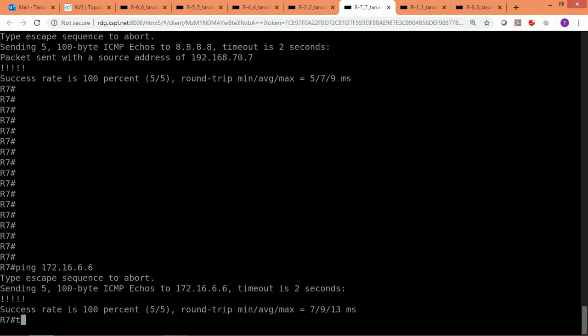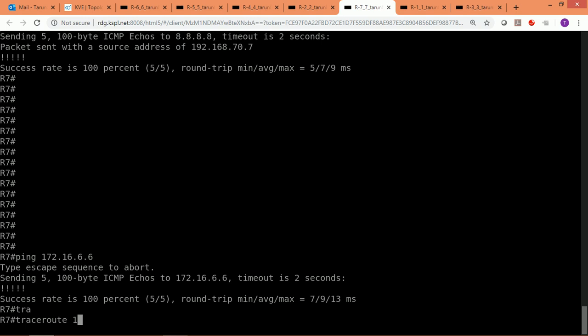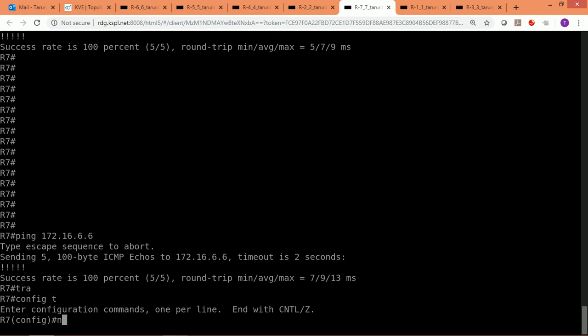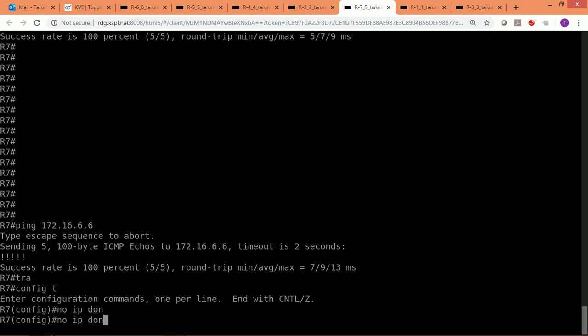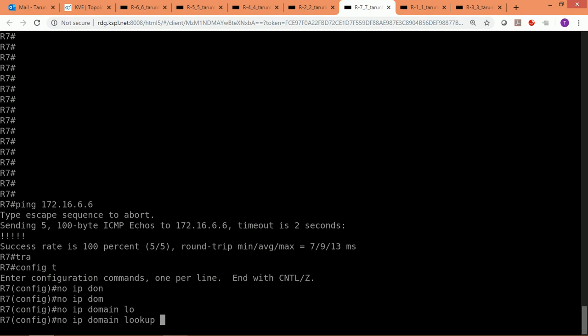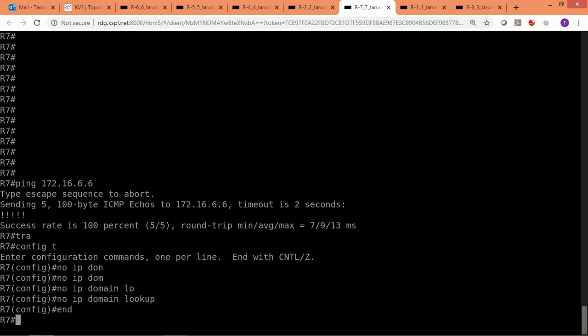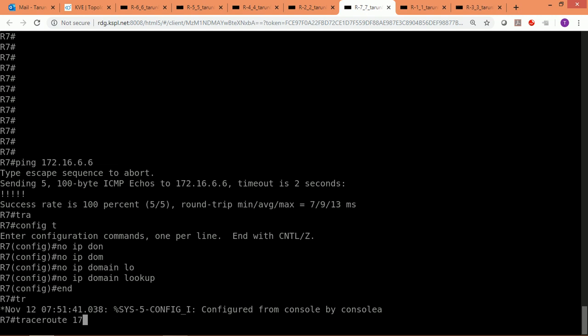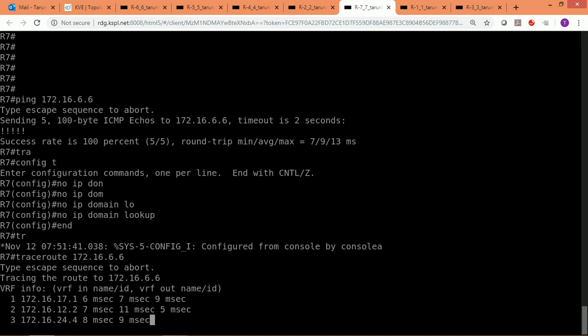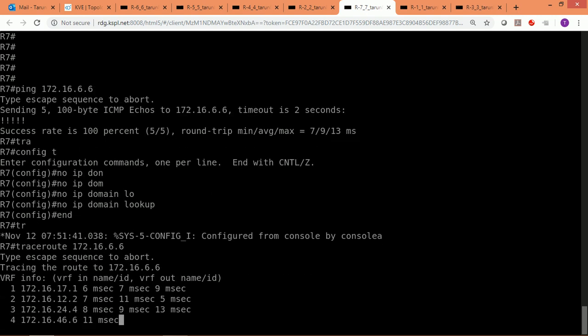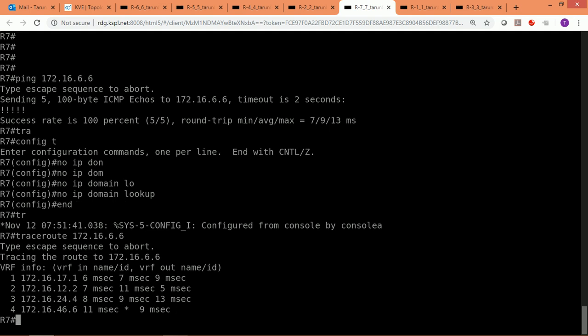If I do the traceroute for this network, by disabling the domain lookup with no IP domain lookup, and then say trace to 172.16.6.6, we'll see the traffic is going from 1 to 2, 2 to 4, and 4 to 6. So it means in a stub network like this,